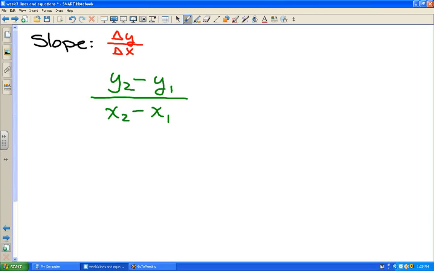Okay. Now, we also give a variable for slope. And I think of slope as how I move from one point to the other. And the letter that they give you is slope is represented by an m. So I think of m for move, and that's slope. So we're going to have questions like find